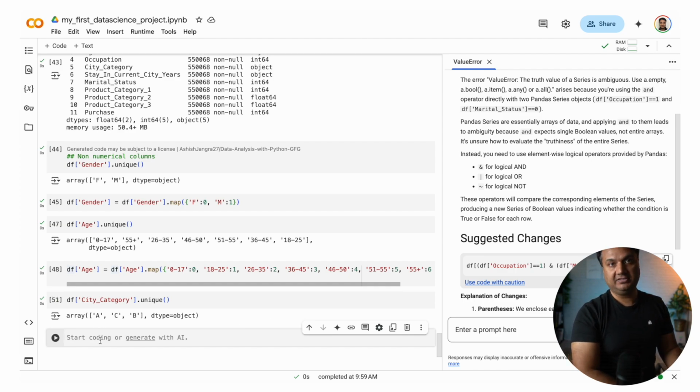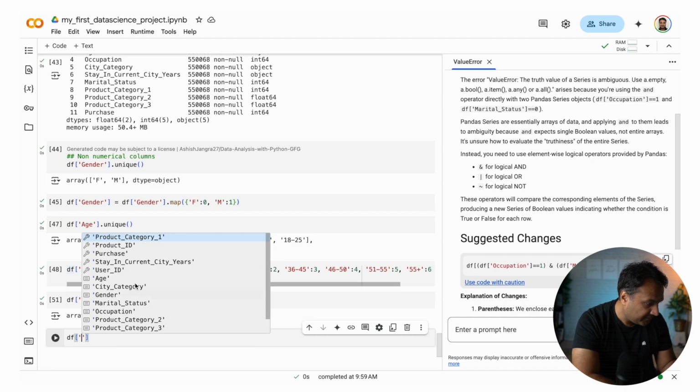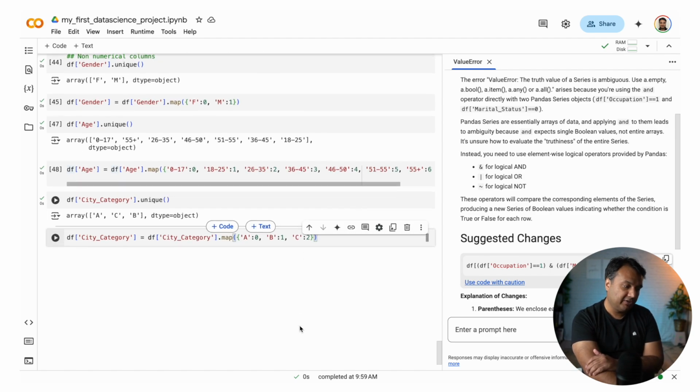I'll say A is 0, B is 1, and C is 2. City category equal to, yes, so it has guessed it pretty correctly. Dot map A0, B1, C2.